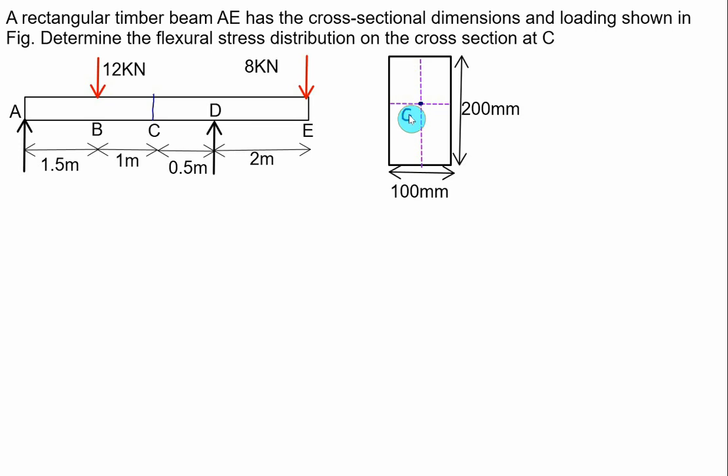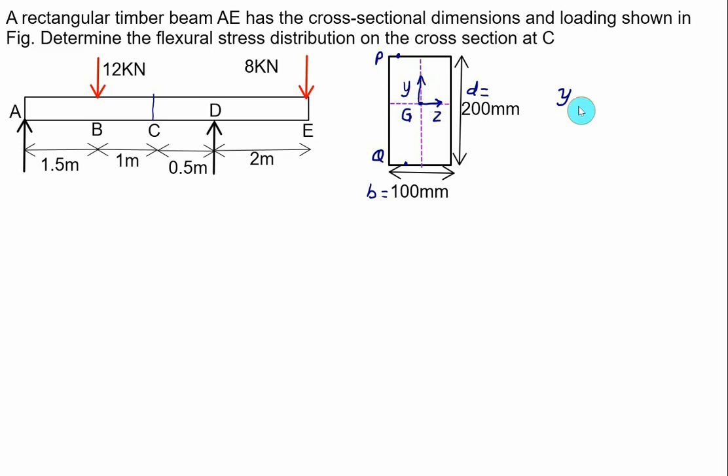Let's represent it as G. The top fiber and bottom fiber are at an equal distance of 100 mm. Let's say we have B equal to 100, D equal to 200. Moment of inertia is BD cube by 12, and the distance of the top fiber and the bottom fiber is the same. But since we are setting our axis at point G, where the Z axis is horizontal and the vertical axis is the Y axis,